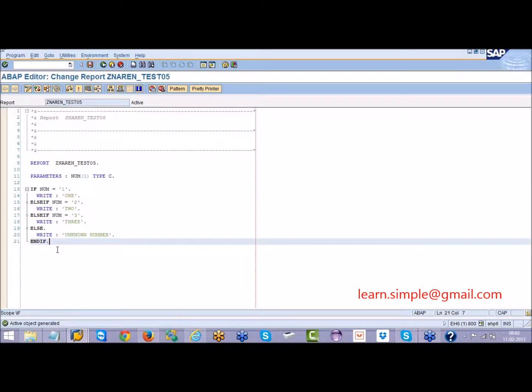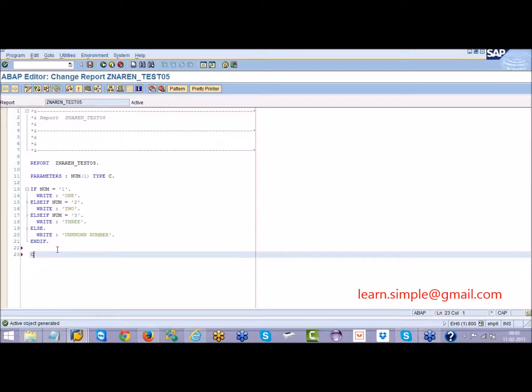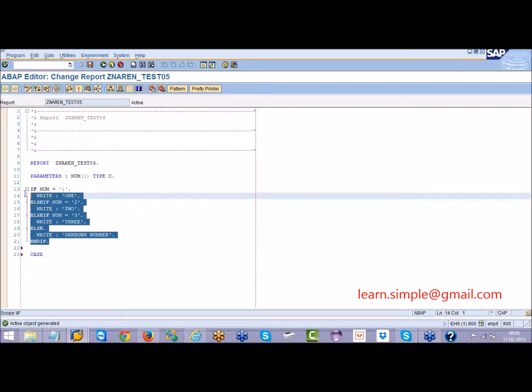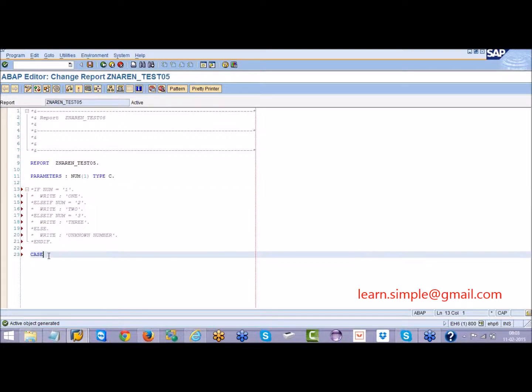So what is one more keyword called case? Instead of using if else if condition, I can also use a case syntax. So the same thing, I will comment it here. How to comment? I told you that whatever the lines are starting with a star, those lines are commented lines, they will not work. So even though something you have written, if the line is starting with a star, they will not work further. So I will say here case